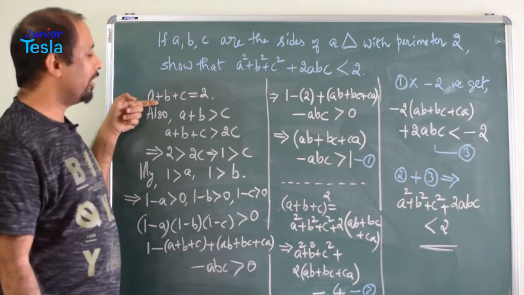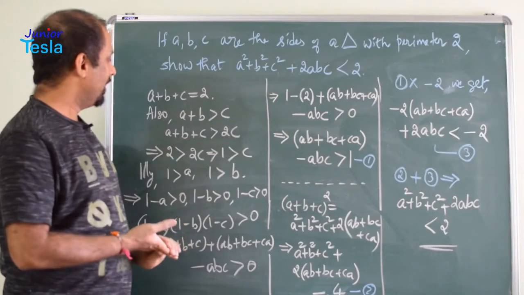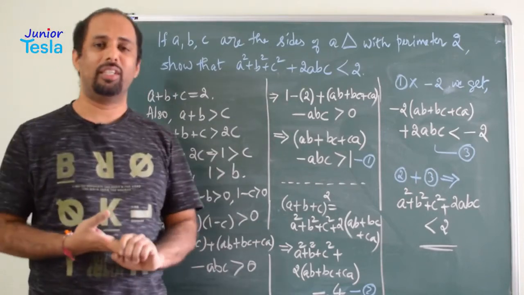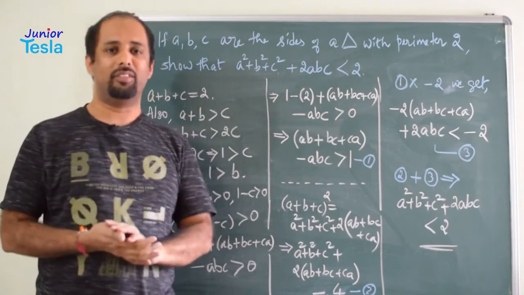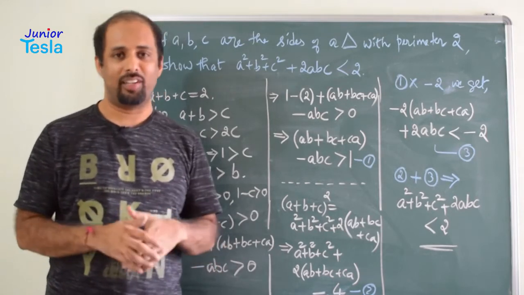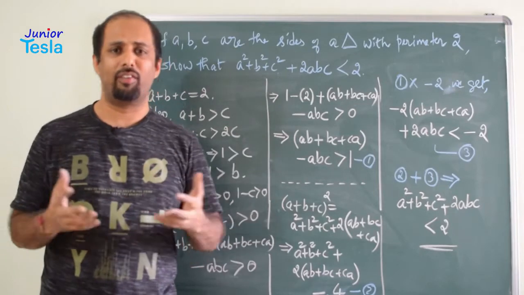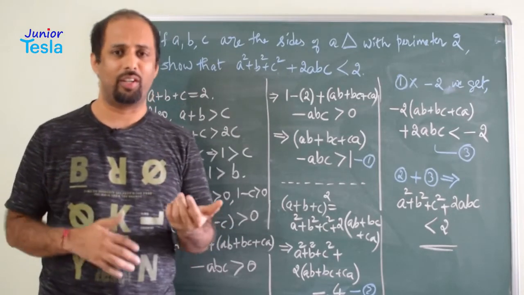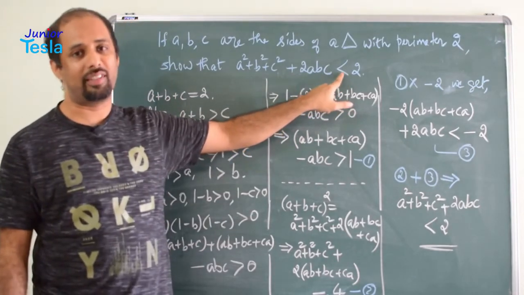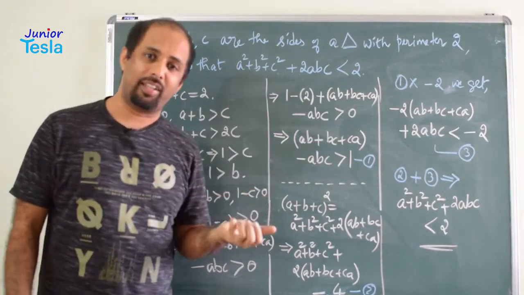We are starting with the given information a plus b plus c equal to 2. Then we can think of the triangular inequality. Why? Because most of the inequality problems in Olympiad will be either greater than or equal to or less than or equal to. Even the AM-GM inequality, RMS-AM inequality, all these inequalities talk about less than or equal to, greater than or equal to. But here in this problem, we have a strictly less than 2 symbol. So this kind of inequality comes only in triangular inequality.